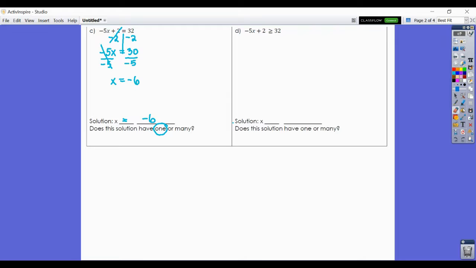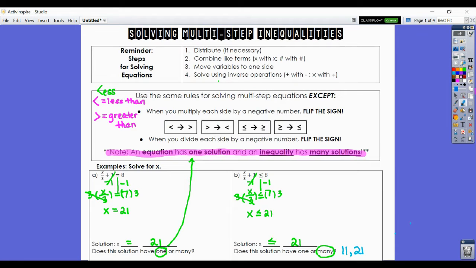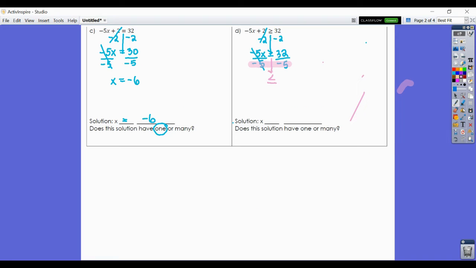For example D, we do the same exact steps. So we go ahead and subtract 2 on each side. That leaves me with negative 5x is greater than or equal to 32. Then we divide by a negative 5. Now, because it's an inequality and we just divided by a negative number, we have to go back and look at our notes that anytime you divide by a negative number, you must flip the sign. So I'm right away going to change this sign facing the other way as less than or equal to here. Keep the x on the left, and we know that we get on the right 32